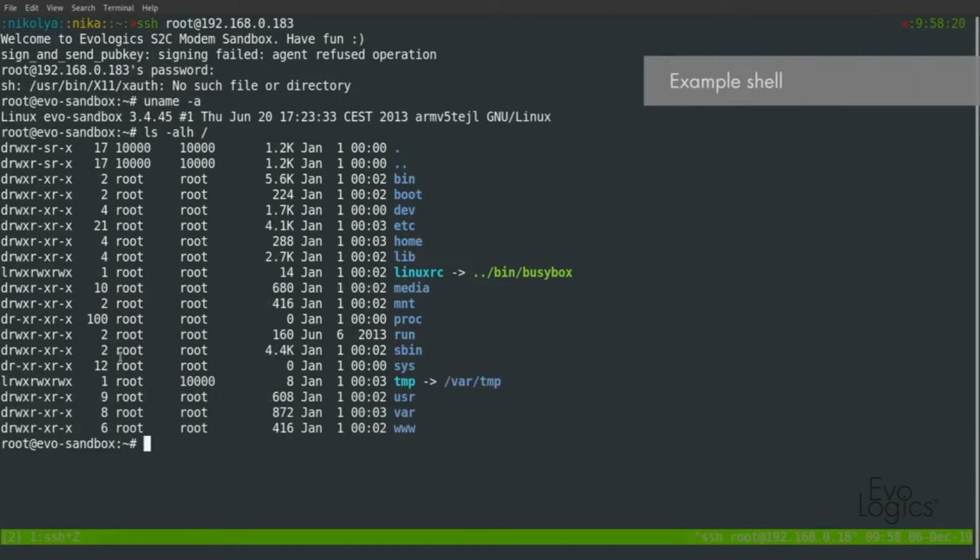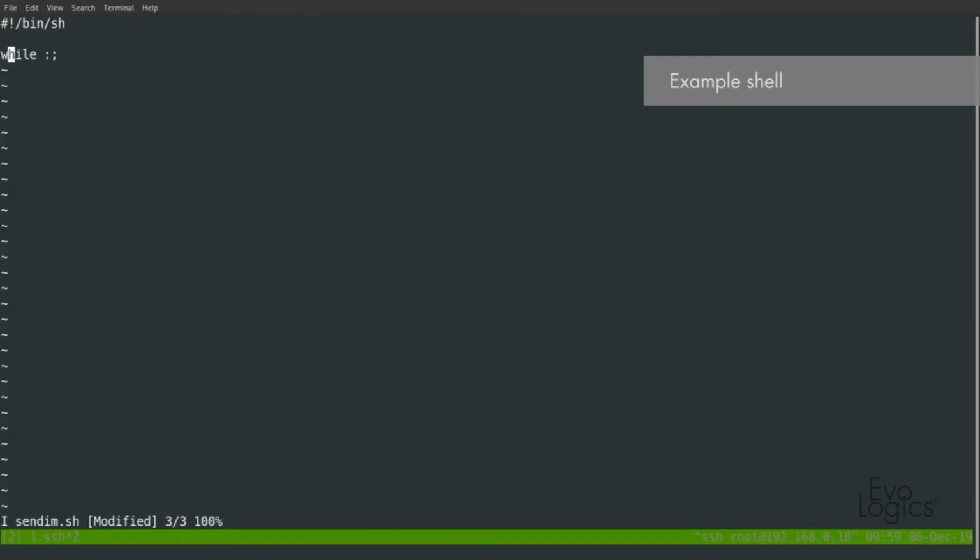Our first example will be a short shell script. In a while loop, it will send an instant message and request the signal propagation time. First, we are going to the home directory and create a new directory called examples. Inside the directory, I will create a new file called sandem shell. Do, done, echo. So at the sandem